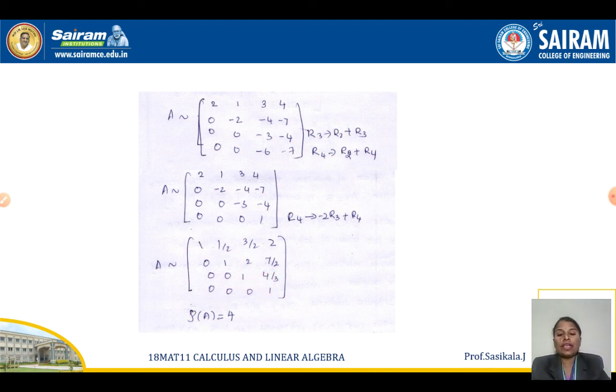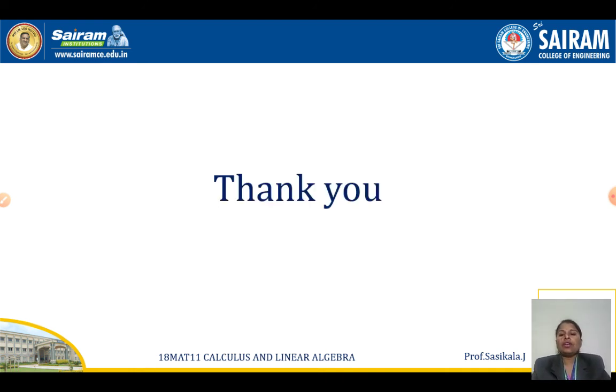So now you can see the echelon form is satisfied. You can write the rank of the matrix. What is the rank of the matrix? It is 4 because all the rows are non-zero rows. And one thing you should remember, the rank r must be less than or equal to m. We can tell it is linearly independent, isn't it? So all the rows are linearly independent. So that's all. Thank you.